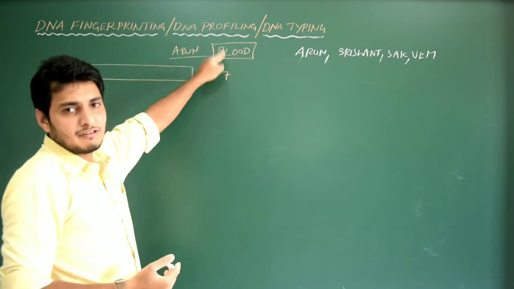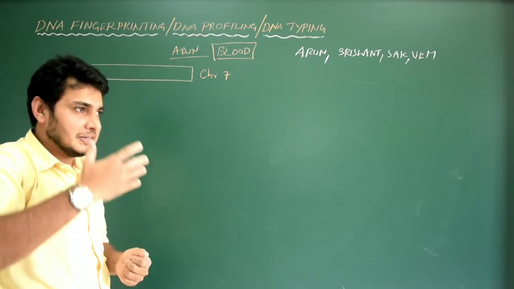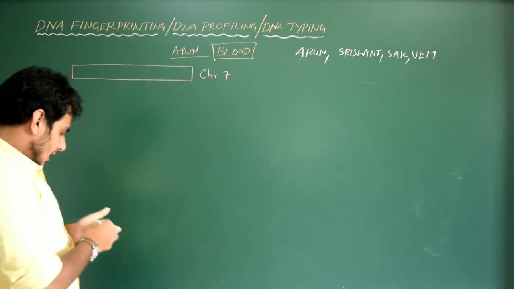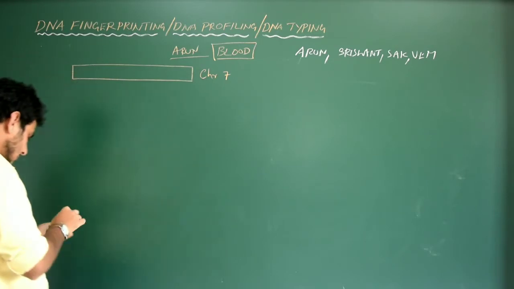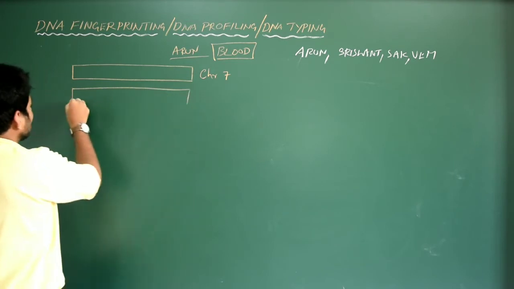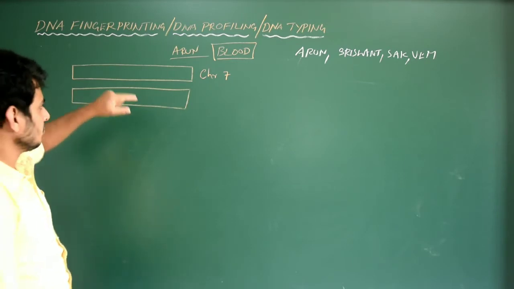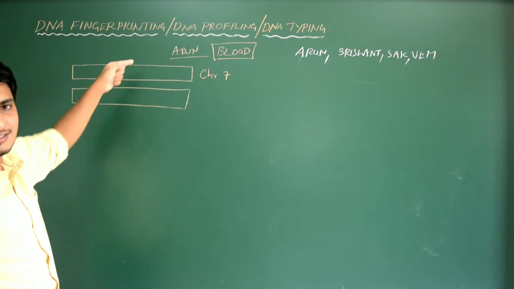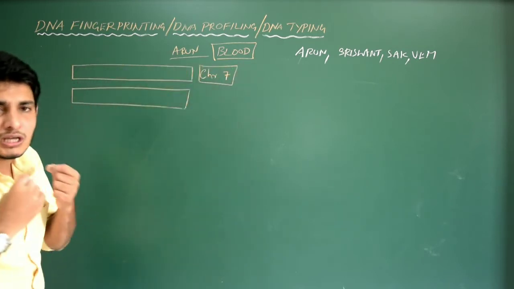They collected the blood from the crime spot and then they extracted the cells. Now they isolate the DNA from the blood, and let us assume that they selected 3 chromosomes. Let me write 3 chromosomes. When I draw the chromosome, this box can be compared to 1 chromosome, chromosome number 7. So this is the homologous chromosome. Chromosome number 7 contains 2 chromosomes, both homologous.